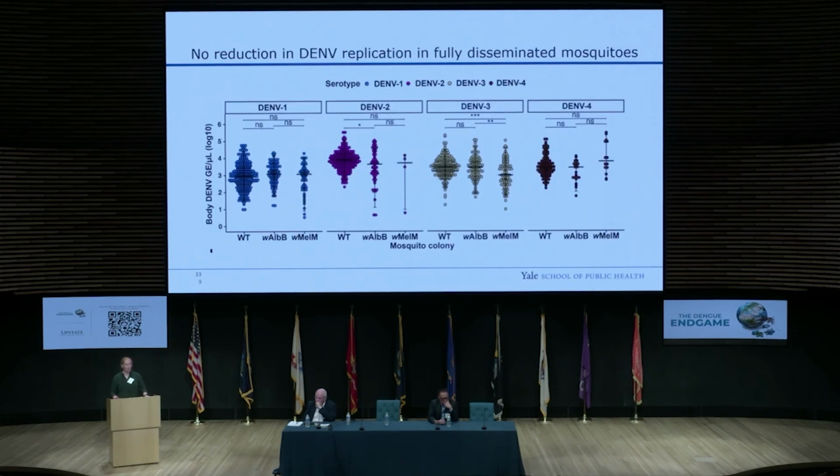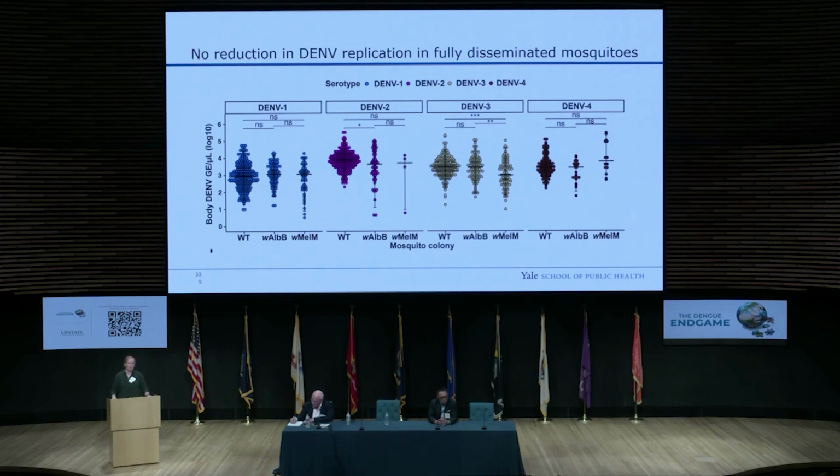So far, I've talked about basically the infection and dissemination rates. So that's really population level, sort of zeros and ones. So does a mosquito become infected and disseminated, yes or no? But we can also look at the virus replication in these mosquitoes and basically look at the titers. And so we wanted to see, is there any difference in the replication that we're seeing in wild-type versus the Wolbachia mosquitoes?